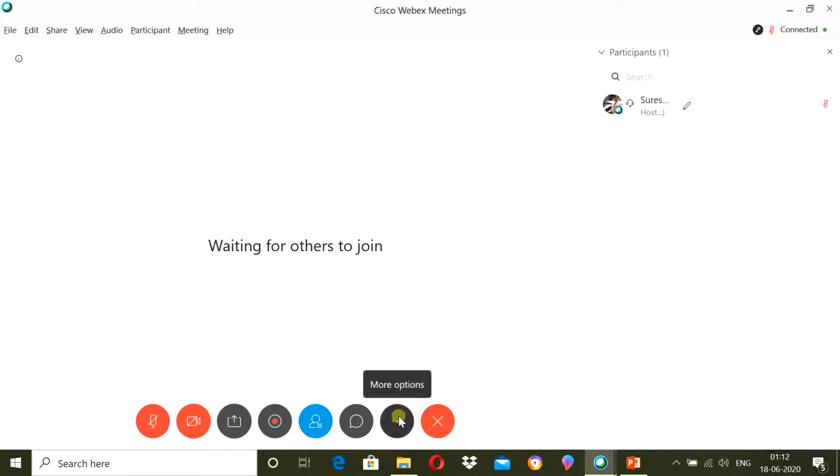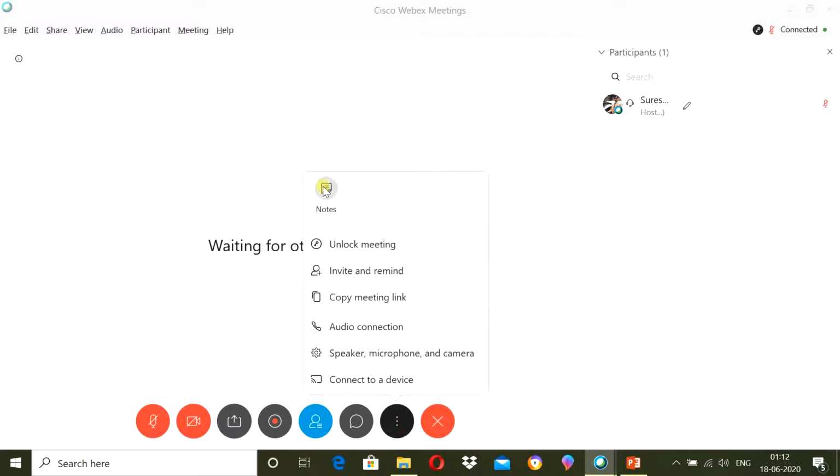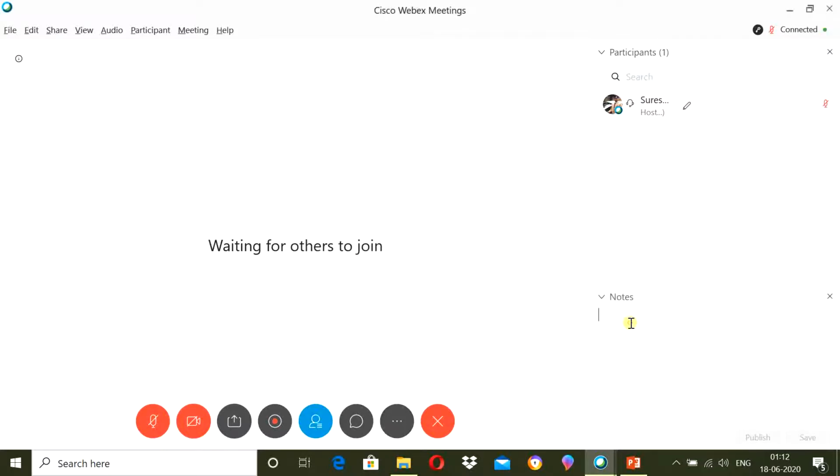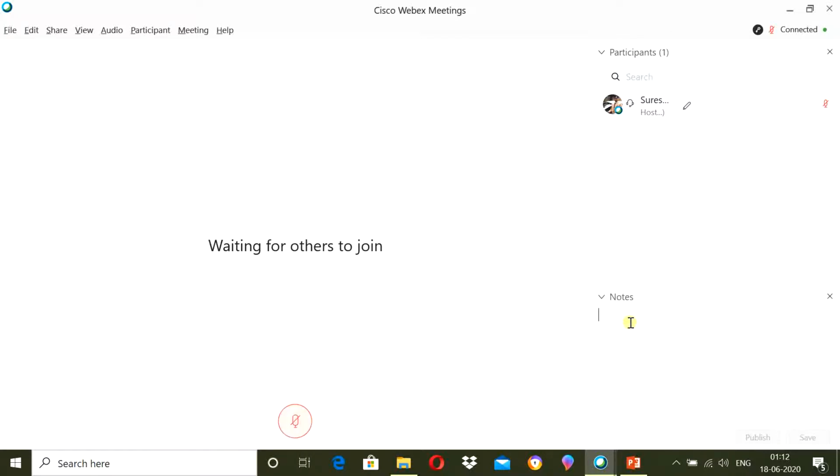create the notes. So you come to the buttons and then go to the notes. See, notes appear here below the chat box. So here you can create a note. So here you can write all important points. Here you can write anything. So whatever important decisions you have taken, what important agenda was previewed, all the things can be taken over